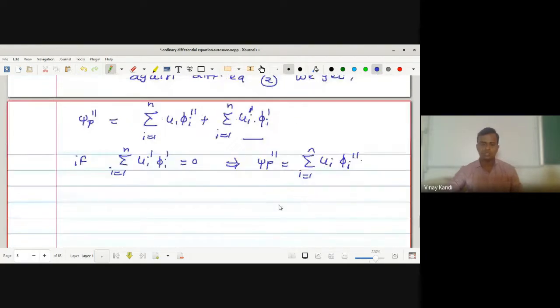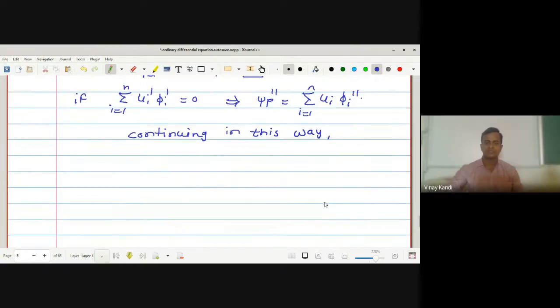Okay, any doubt? Suppose this term is 0. So what is the value of ψp''? It is equal to summation i running from 1 to n ui φi''. Okay, continuing in this way, continuing this process, we get, if summation i running from 1 to n ui' φi is equal to 0, it implies ψp'